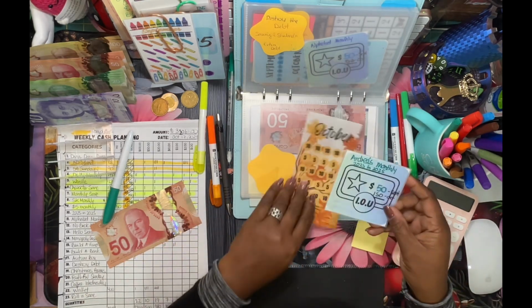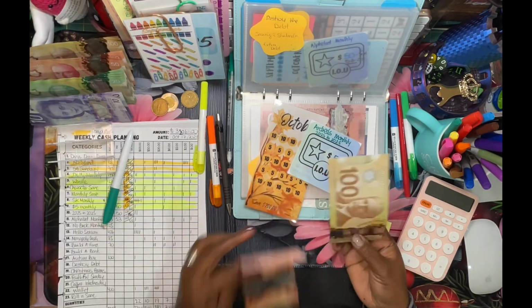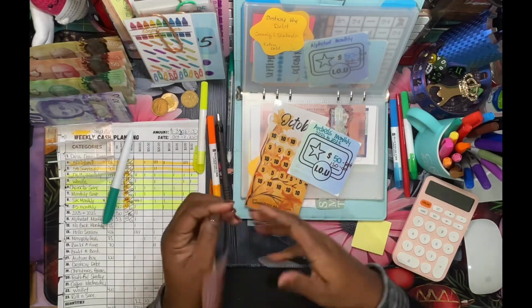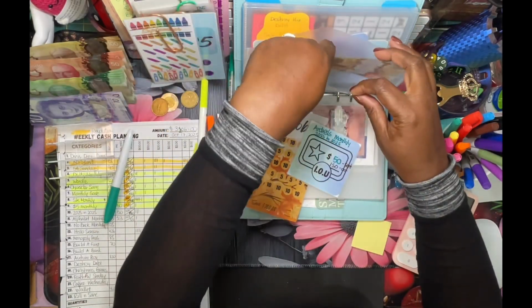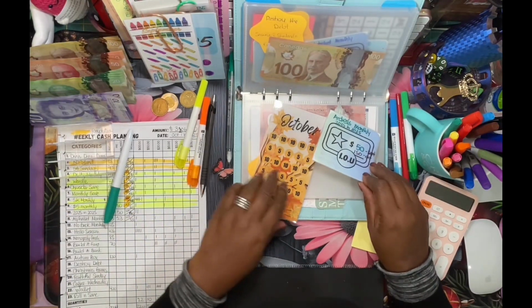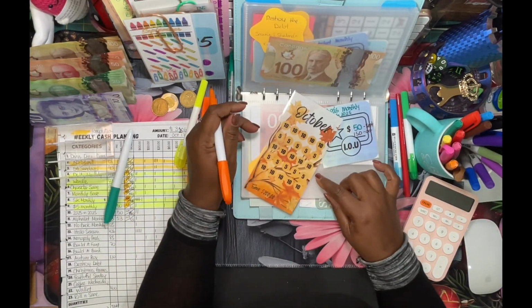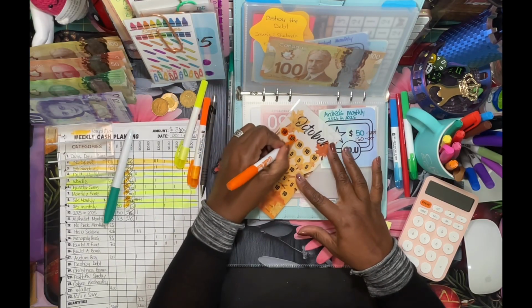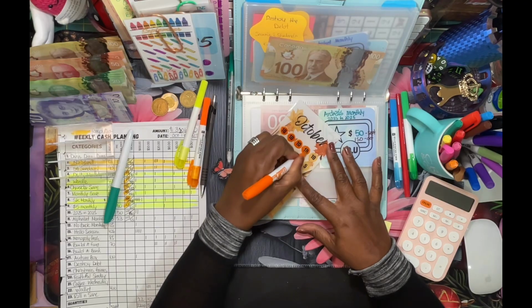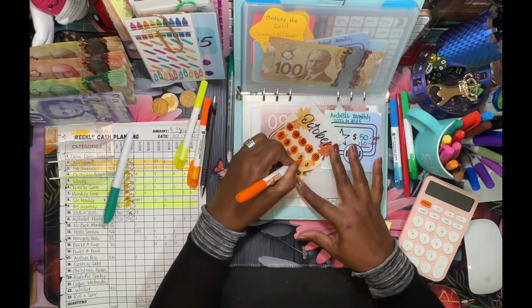And then for October, we're going to put in 150. So I'm going to take that other 50 and this one, and we're going to put it into the back here. So let's color off. We're saving ourselves $50, so we're going to color off the first 4 rows. So the 10s, the 5s,